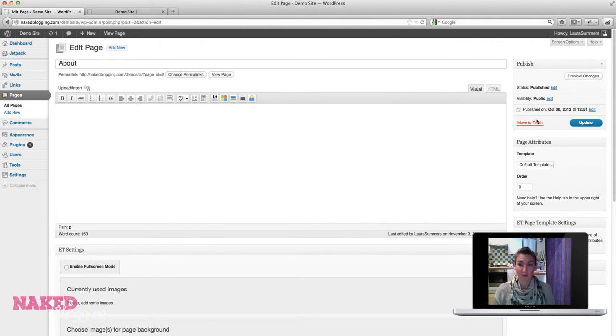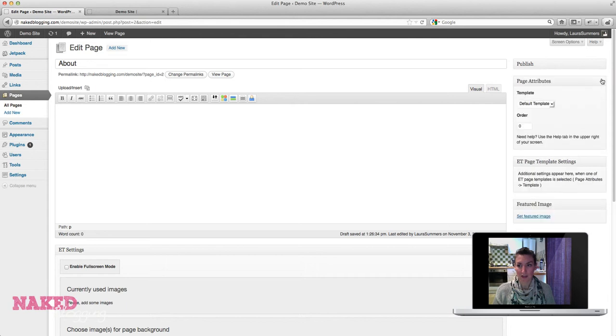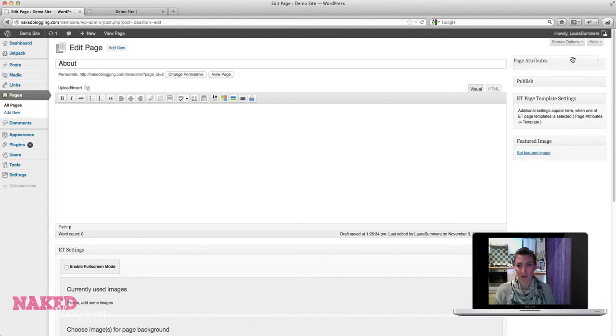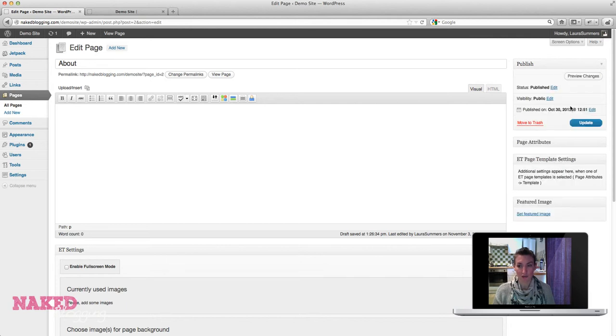In this corner I've got the publish box, and again, much like the dashboard, these little arrows allow you to drop these windows up and down, and you can move them around, drag and drop them. I always keep my publish in the top right, and I always keep it open too, because it's a really good reminder that any changes you make, you want to click the update button. When you create a new page, which we'll do in a moment, you'll see that before this says update, it says publish. And it's really important that you do this because otherwise you're going to lose any changes that you've made. So I'm going to update here,